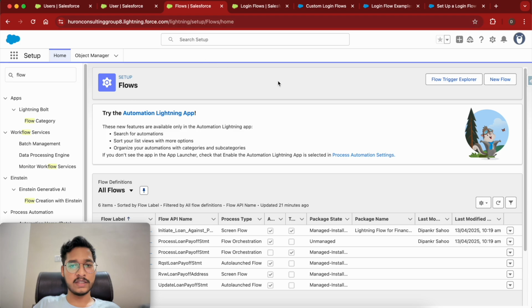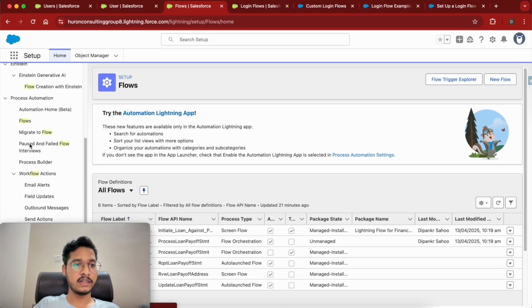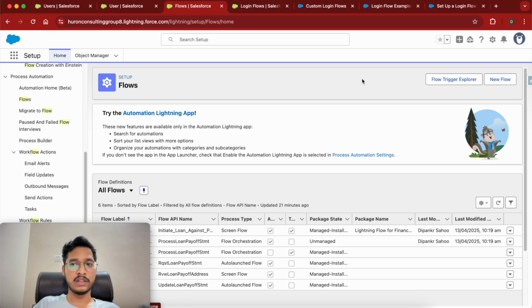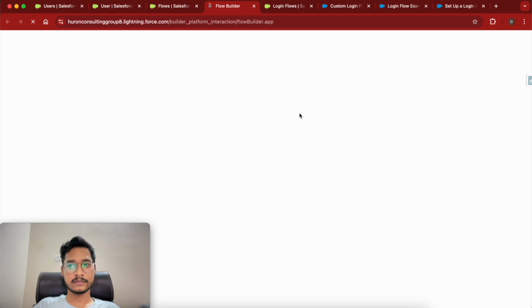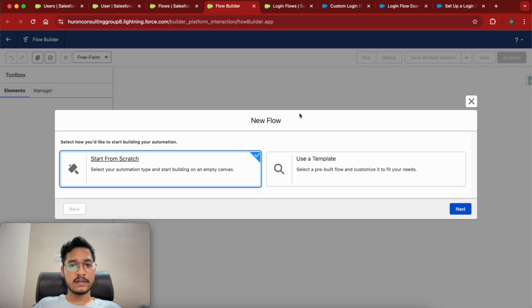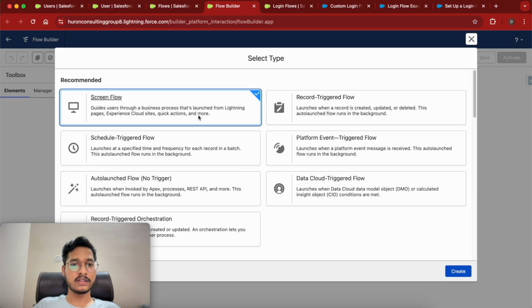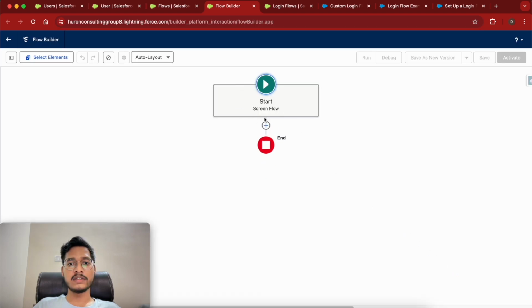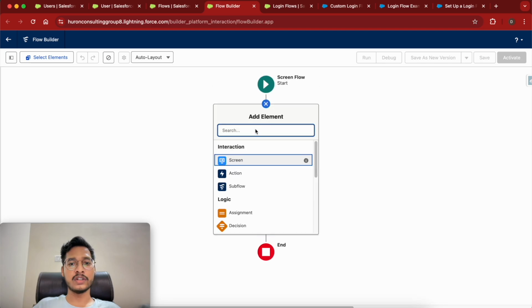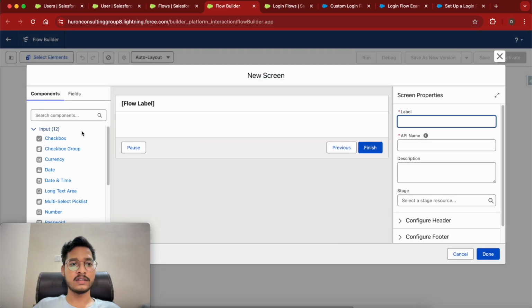So I am here in my Salesforce setup page, on the flow screen, right? You just have to click on flows and you can create a new flow. So this is the flow screen. I'm going to start from scratch. I'm clicking on next, and again we are going to do a screen flow, and I'm just going to click on create. Whenever the flow starts, we are going to present a screen to the user first,